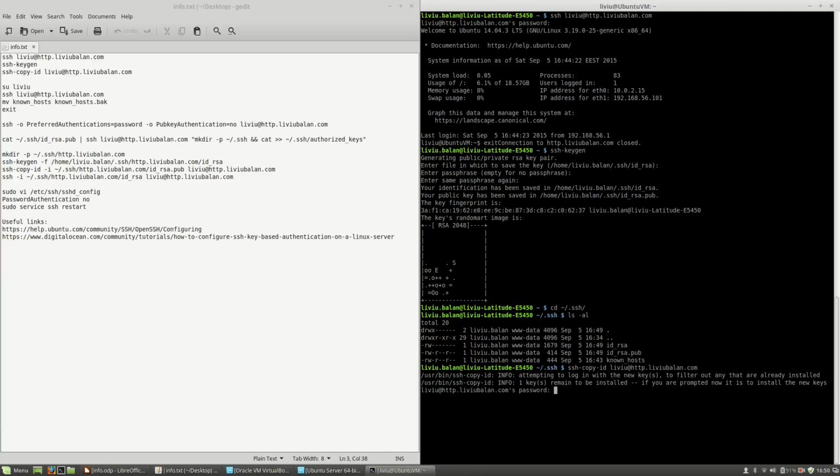Enter the remote password for liveview at http://livviewbalan.com, and now you have been prompted that the remote key was added. The key was added remotely. Okay, now if I